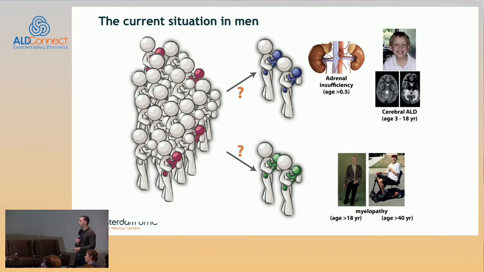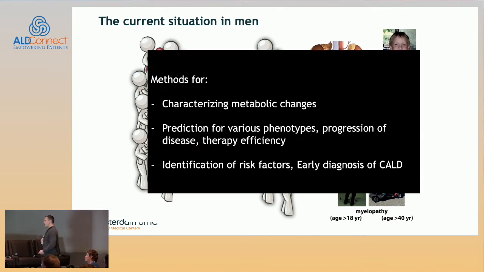Currently we don't know which group will develop which phenotype. There's also a large variety in disease progression in terms of the myelopathy, and currently we can't predict what causes this large variety. So one of our goals is to develop new methods that can characterize the metabolic changes that happen